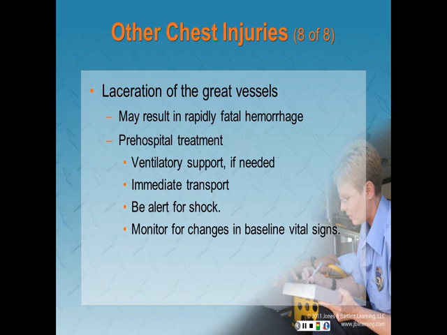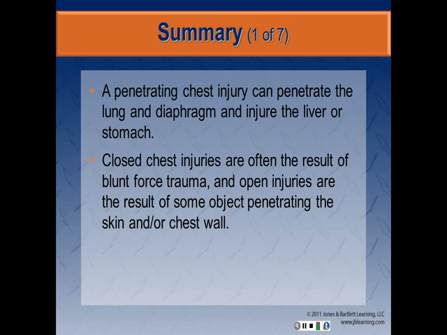Laceration of the great vessels. This may be accompanied by massive, rapidly fatal hemorrhage. The great vessels include the superior vena cava, the inferior vena cava, the pulmonary arteries, the 4 main pulmonary veins, the aorta and its major branches. Pre-hospital treatment includes ventilatory support if needed, immediate transport, remaining alert to signs and symptoms of shock, and closely monitoring changes in baseline vital signs